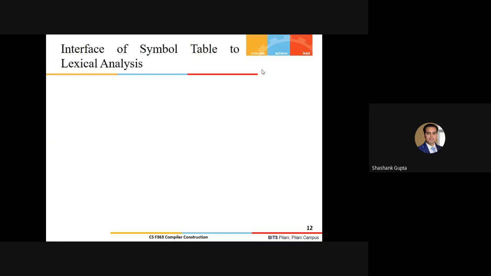Now, this is just one random example here. Now we have to see how we are going to implement our symbol table, because that has to make an interface to the lexical analysis, right? As soon as I have tokenized something, num and the corresponding attribute 56, I have to store this information at some point in my repository. Recall in the last session we said we'll take a data structure which is nothing but an array of structures, or simply an array of records. So let's first understand the interface and then we'll understand its implementation part.